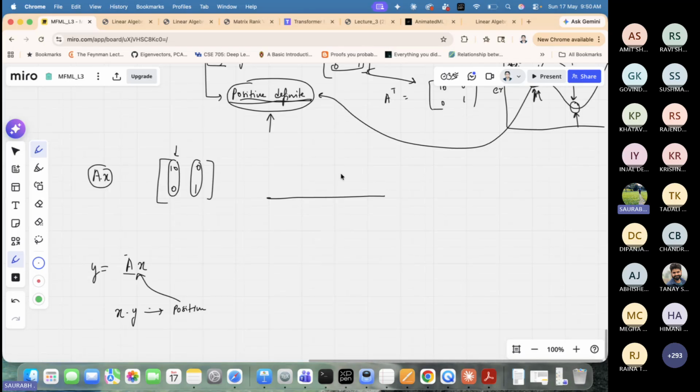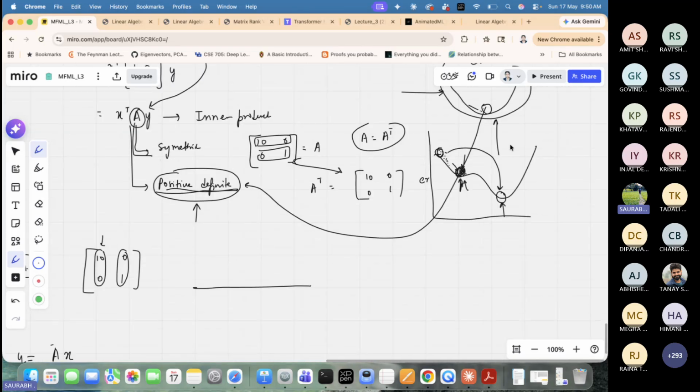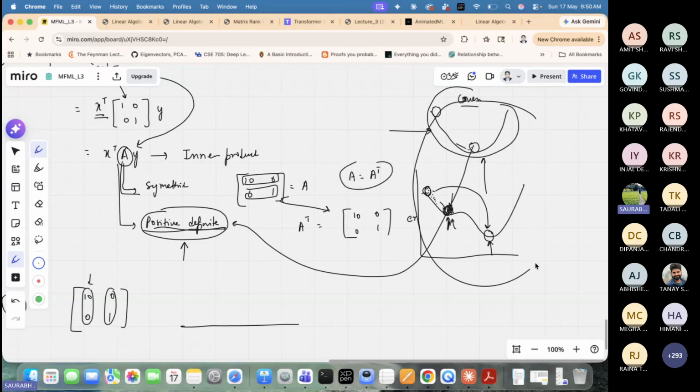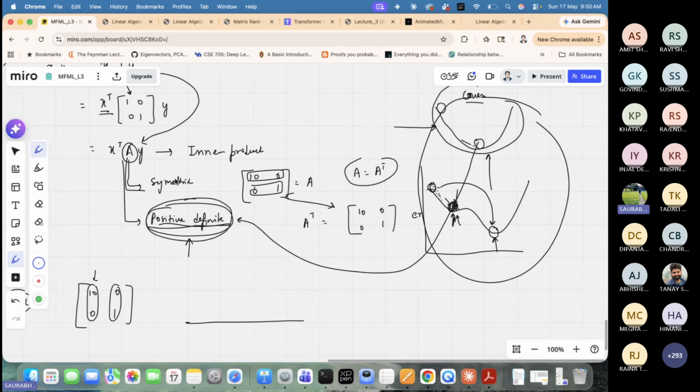But all of that is related to the notion that you will be learning in maybe the next few classes. So just stick to that thought that positive definite matrices are important. And this is one of the important criteria for the inner product to behave properly. And when I say inner product should behave properly, the positive definite matrix, so sorry, the matrix